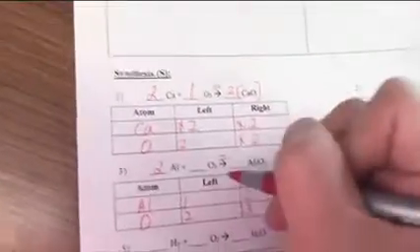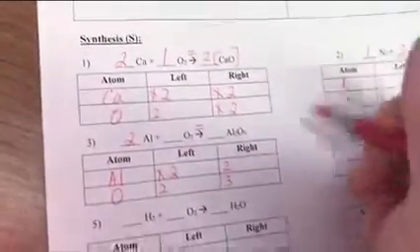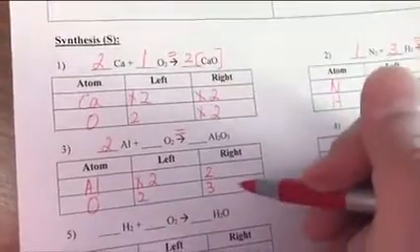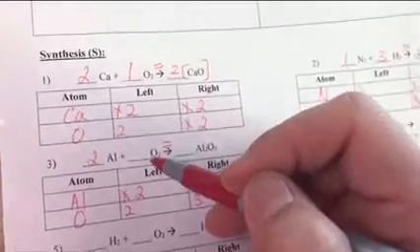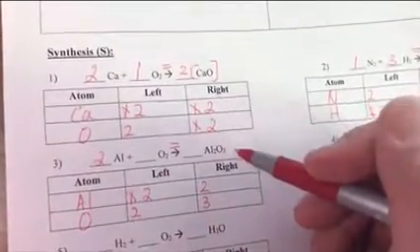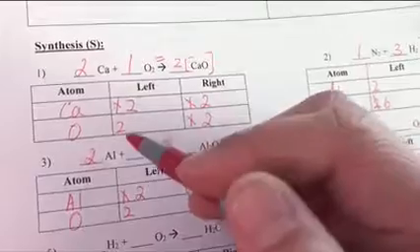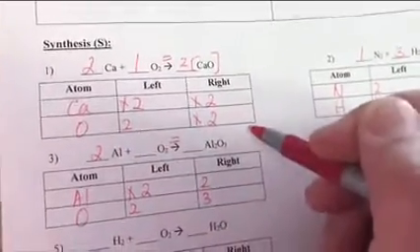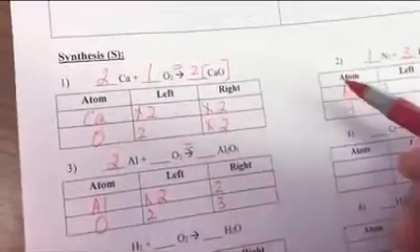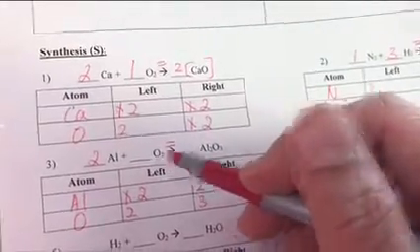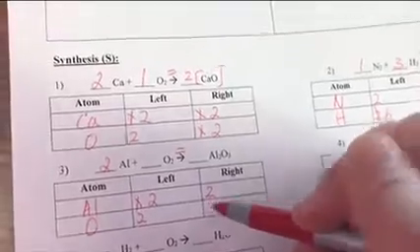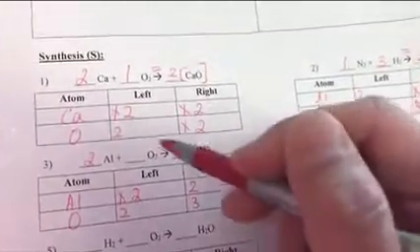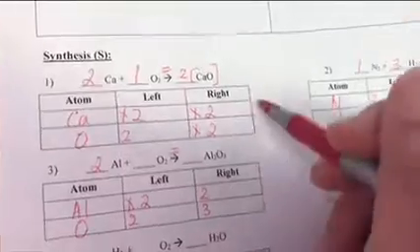I'm going to put the 2 in front of Al to make the left hand side Al 2. So my Al is balanced, but then my oxygen is not balanced. Now this oxygen on the left hand side comes from 1 reactant. This oxygen on the right hand side comes from 1 product. They each come from 1 thing, and I have an even and odd number, 2 and 3. So even and odd number, and in this case, if they each come from 1 thing, what I